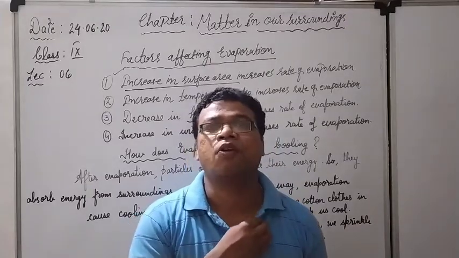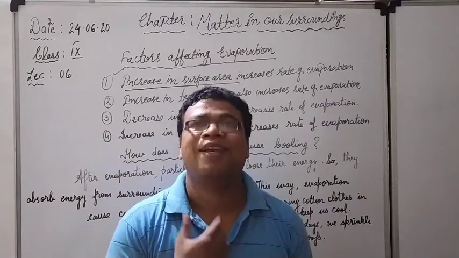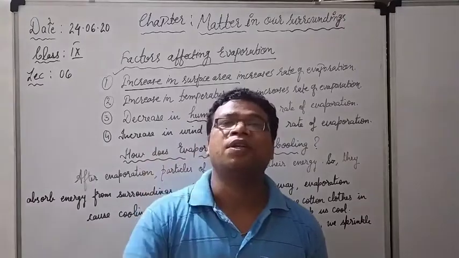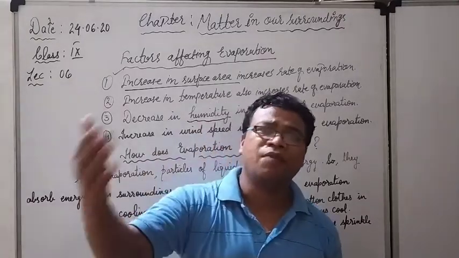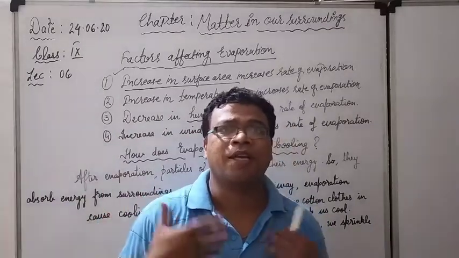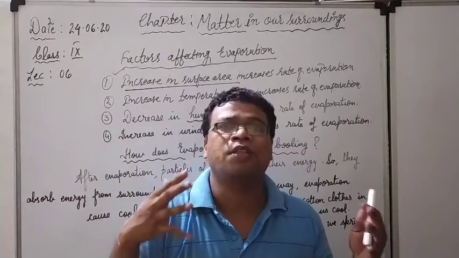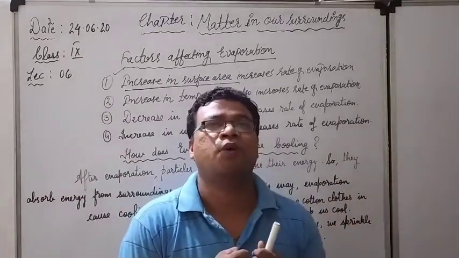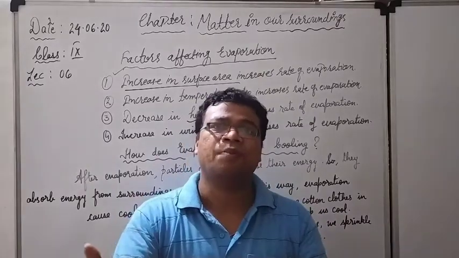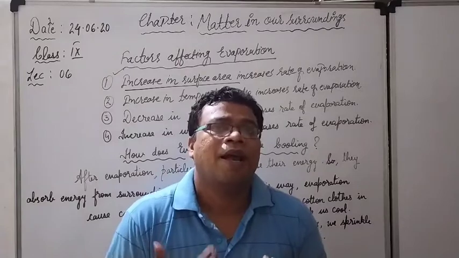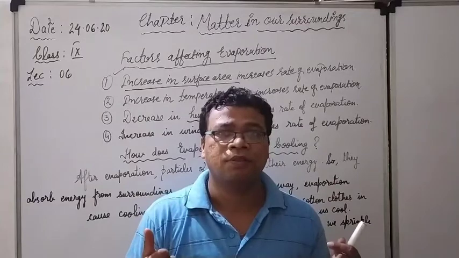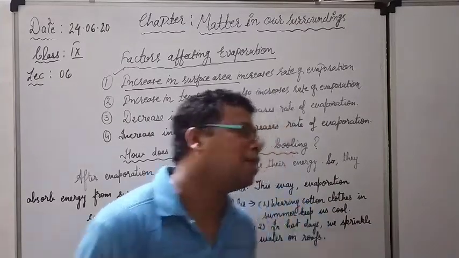What is the logic behind the cotton cloth? Cotton cloth absorbs the sweat to a larger extent, and after that it exposes it directly for easy evaporation. And after the evaporation, what will happen once the evaporation process is complete? The liquid particles will absorb energy from the surroundings, or we can say our body will lose energy. The liquid particles absorb energy from our body, and that's why our body will lose energy, and in this way we will feel very cold. Okay, we will feel cool. That is the logic behind it.